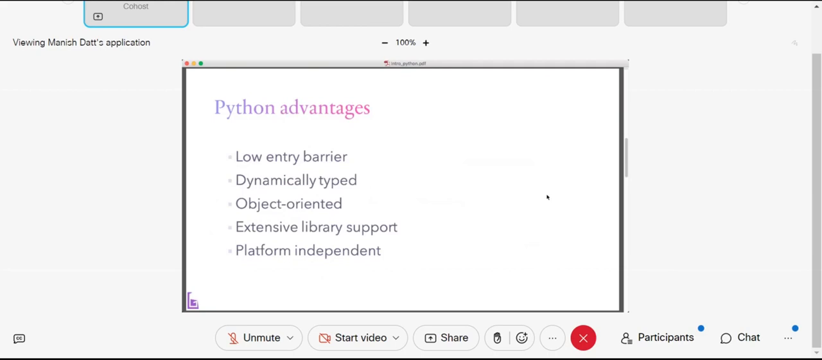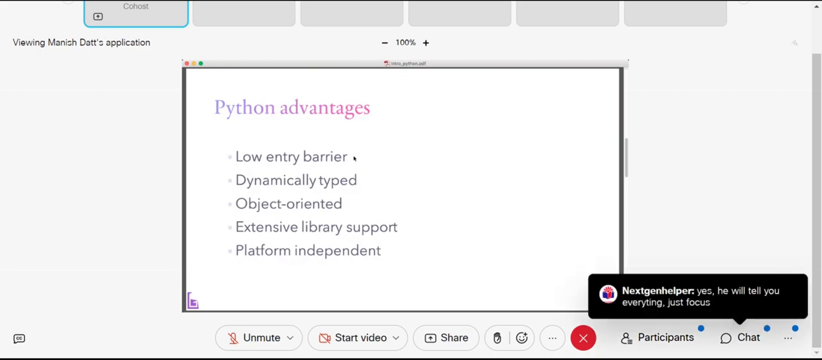Now, recently we have seen that Python has gained a lot of popularity. So what is the reason for that? Here I have listed 5 of those reasons why Python is becoming so popular. First is low entry barrier. So unlike those other languages,